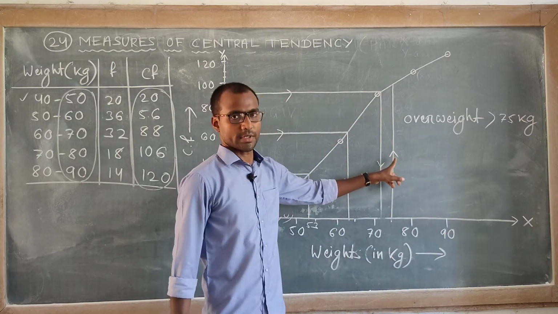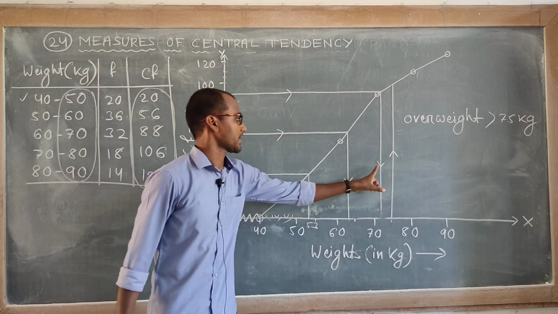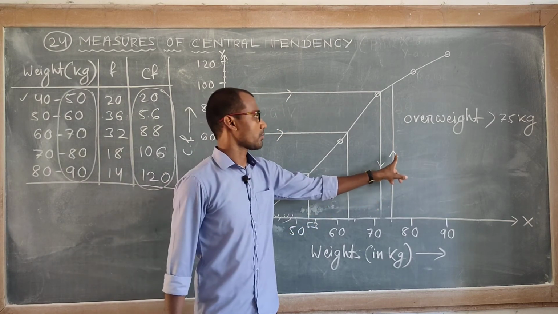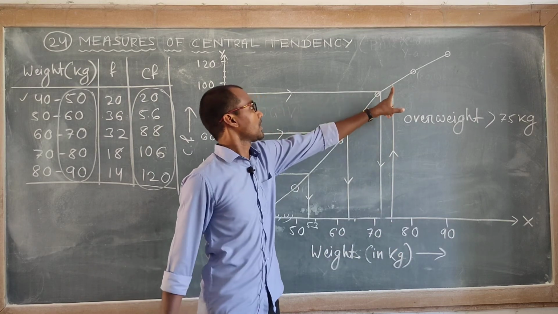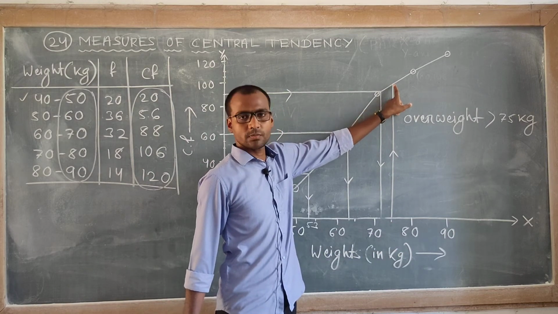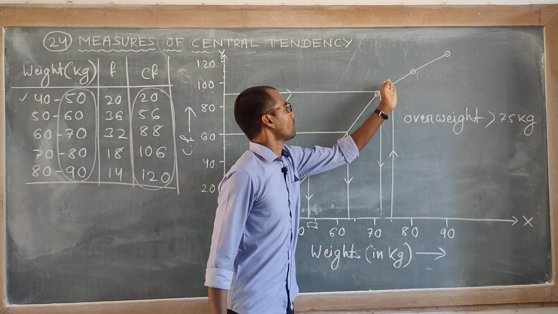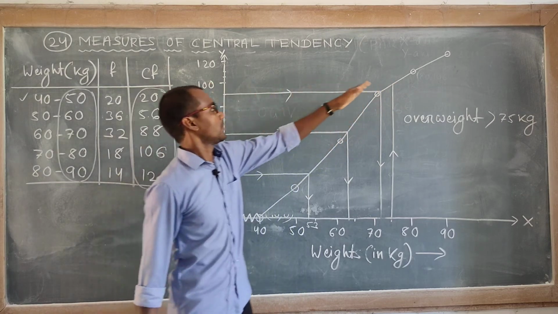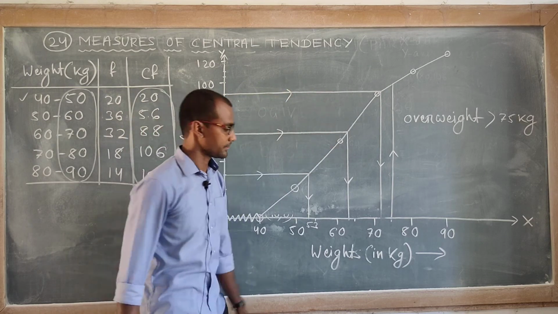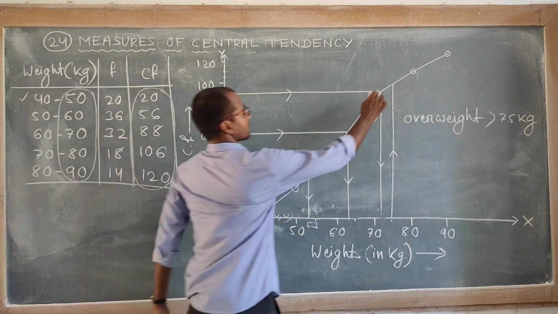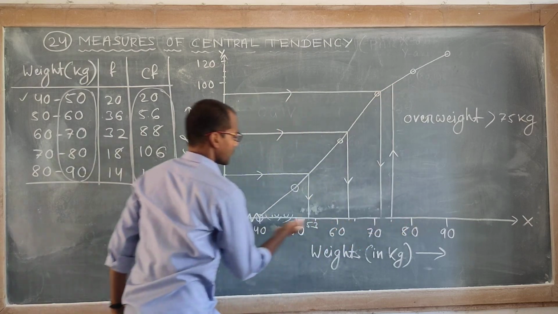Arrow mark will be upwards. See, in the previous case the arrow mark was downwards, now the arrow mark is upwards, means we have started from x-axis upwards. Suppose it is meeting the graph at this point. Now from this point move leftwards, in a horizontal direction. So from this point let us draw a line parallel to the x-axis.